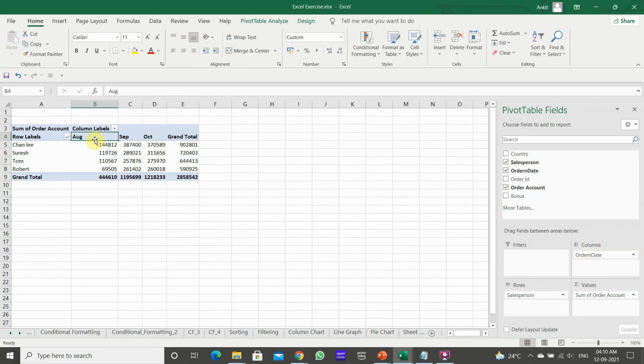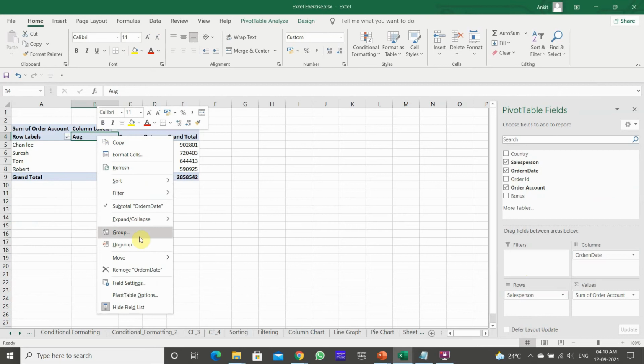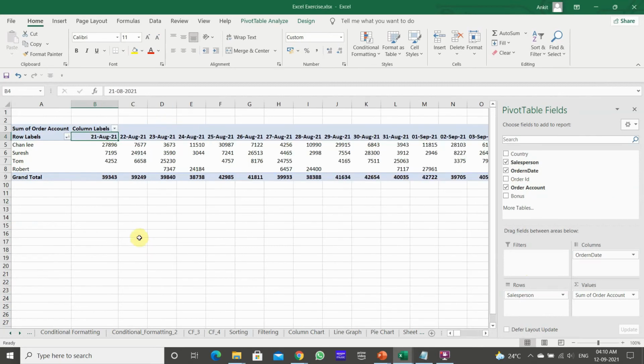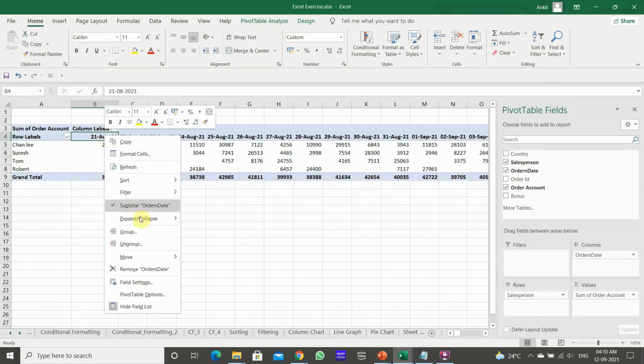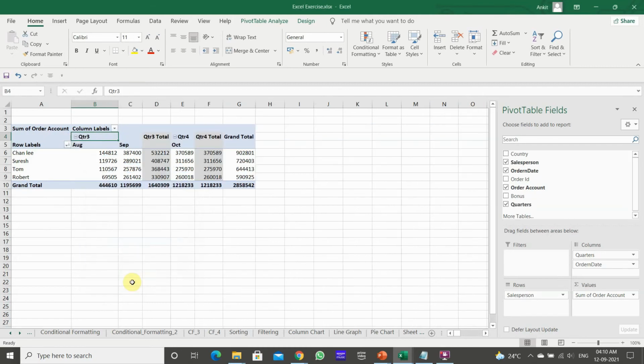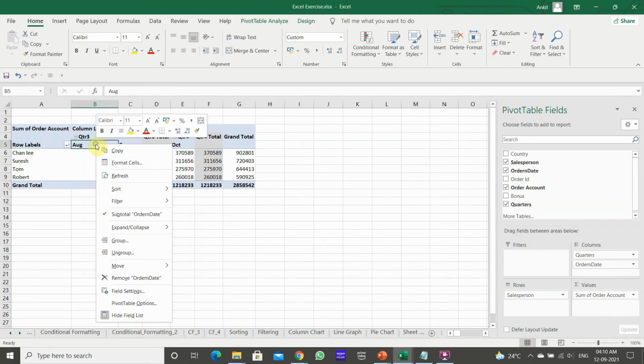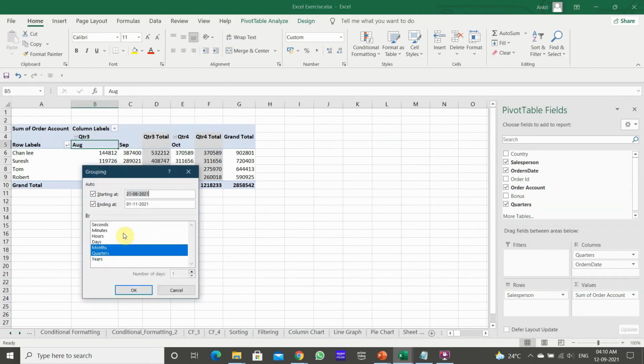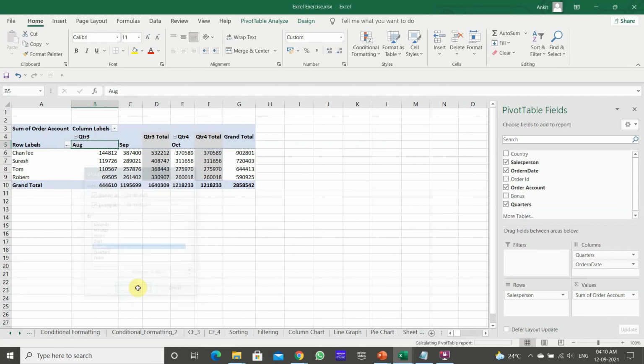So how it's done: right click the month and group it. Okay, now again click it here, group it. You can group the data month by month, day by day, or both together as well. If you do both, you can see how it looks. So right now I will take only the month grouping, month by month.